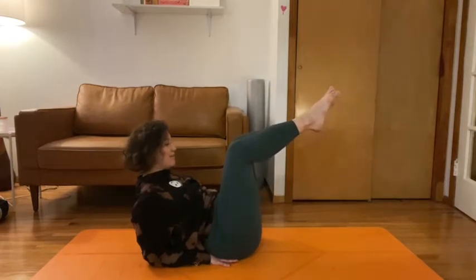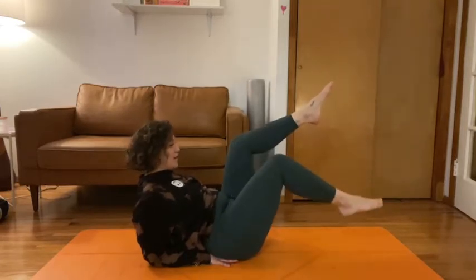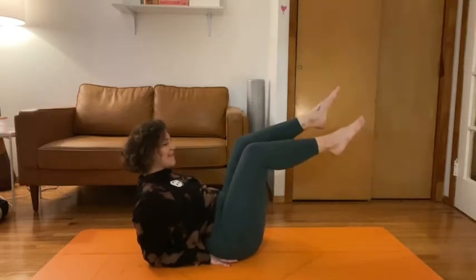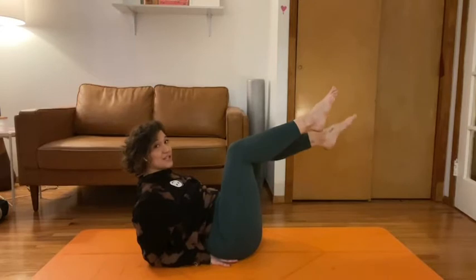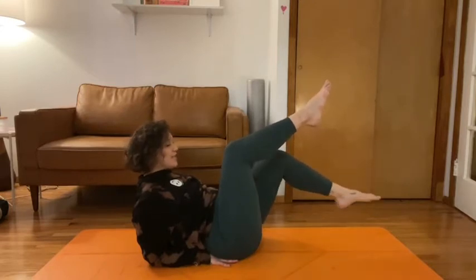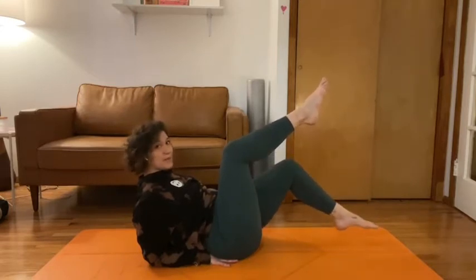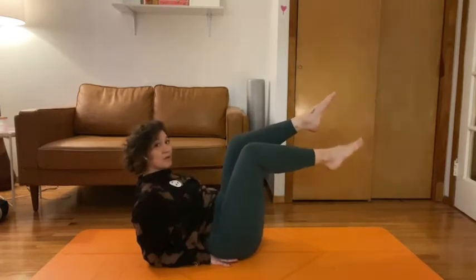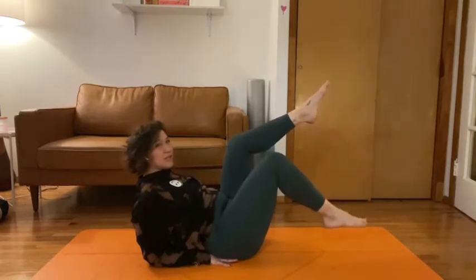Keep the tuck of your pelvis. Left foot taps down. Exhale, scoop it back up nice and slow. That foot does not have to touch the floor. You're using your hands here as little proprioceptors, little police officers. If you feel your butt rock out of your thumbs, then you've gone just a little bit too far out